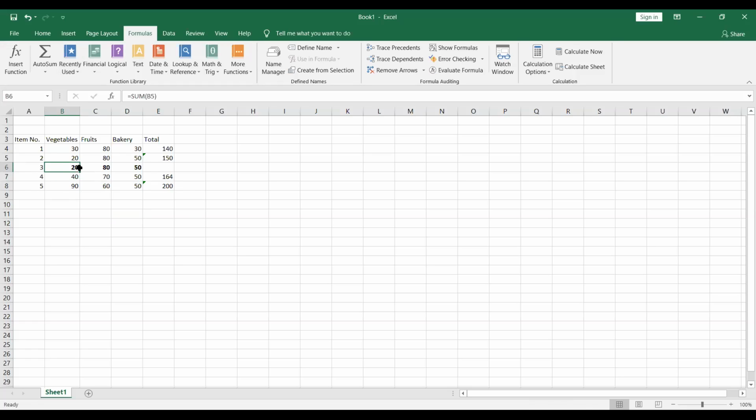Now again, let us try something else. Let us calculate max over here. Okay, so max is 80. Among 20, 80 and 50, we have a maximum of 80. These are the functions that are already available in your Excel software. You can use all these in order to do the calculations.